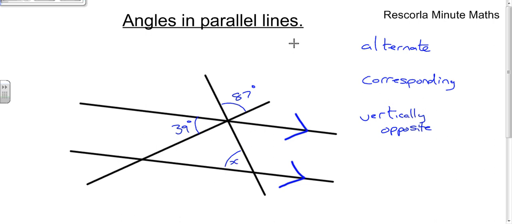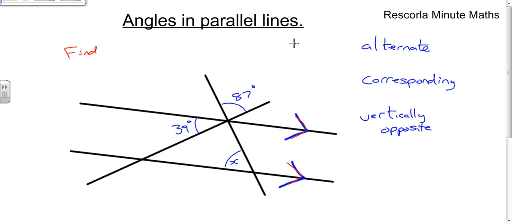Okay, now this question scuppers people time after time in the exams. So in 1 minute, we're going to go through how to find out what angle X is and then Y. Now, what we've got here is two parallel lines because we've got the two arrows here, which means